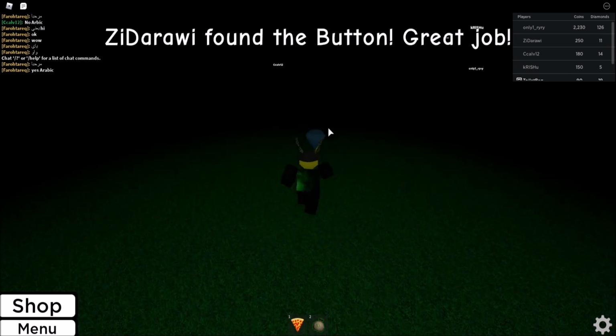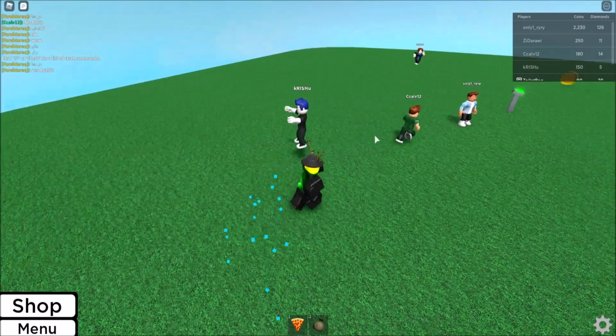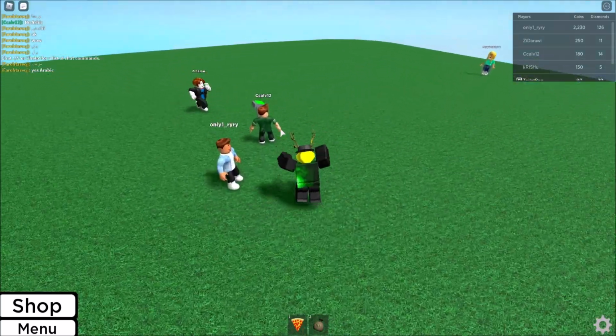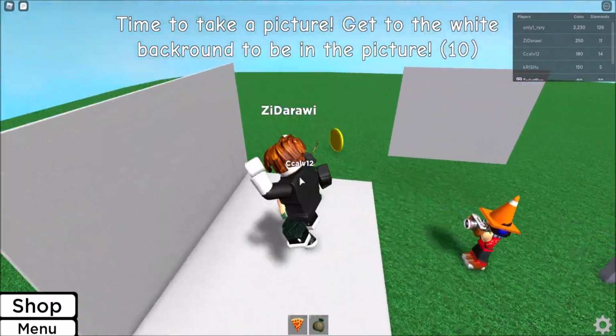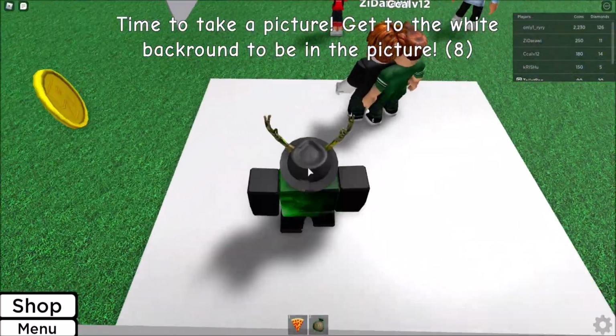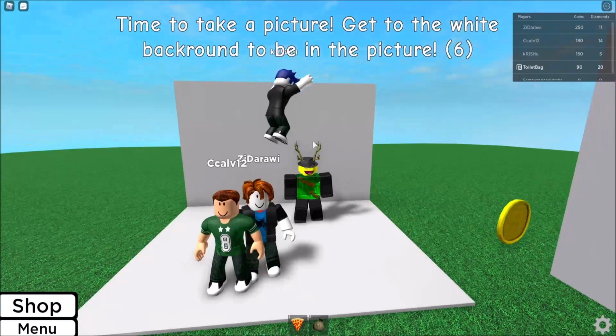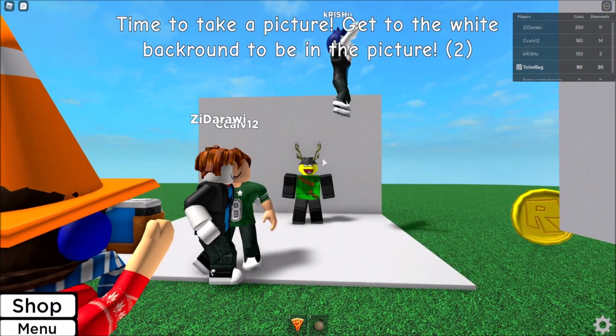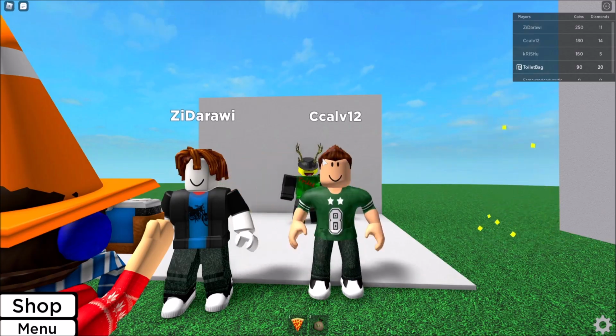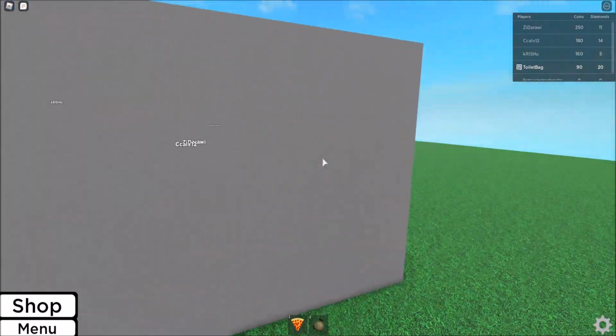Well, anyways, with the guest account, you were able to play any Roblox game without even owning an account. This means I could just join any game as a guest, and I didn't even need an account. I would just be a random character, called something like guest with a bunch of numbers. So if I wanted to play a game, there was an option that said play as guest, and this made it easier for people who didn't want to sign up and make an account. But we're going to get into the reason why they removed guest, and why guests are gone now.